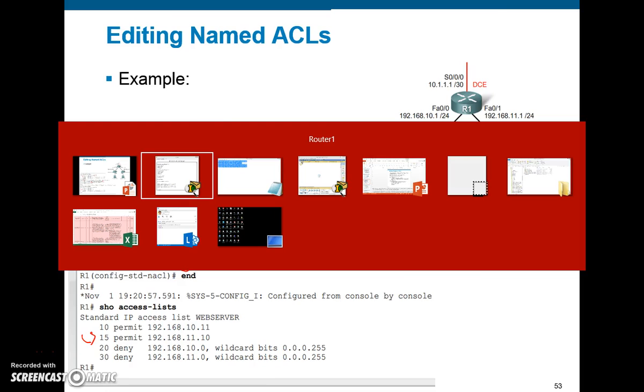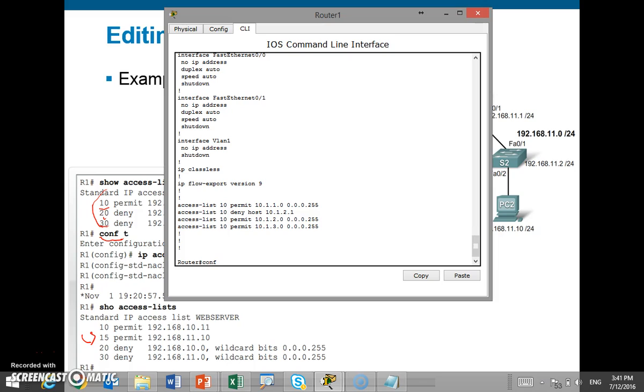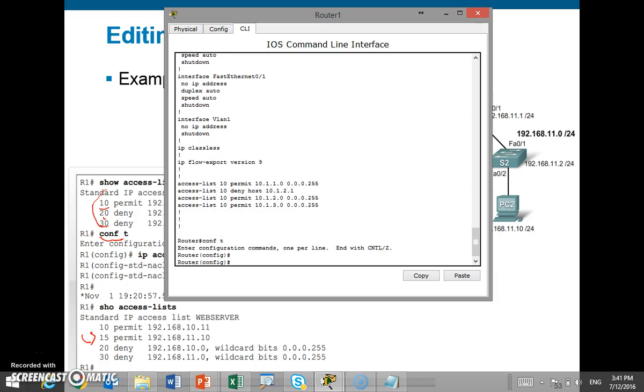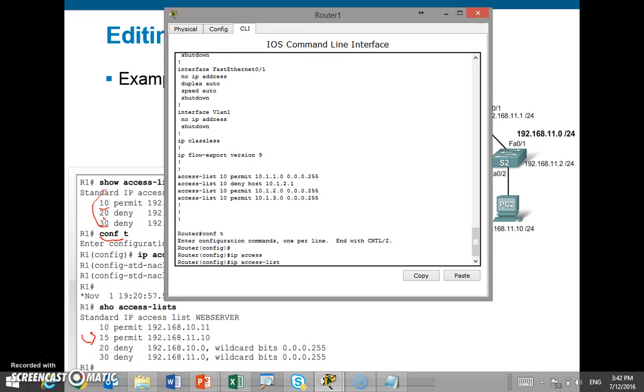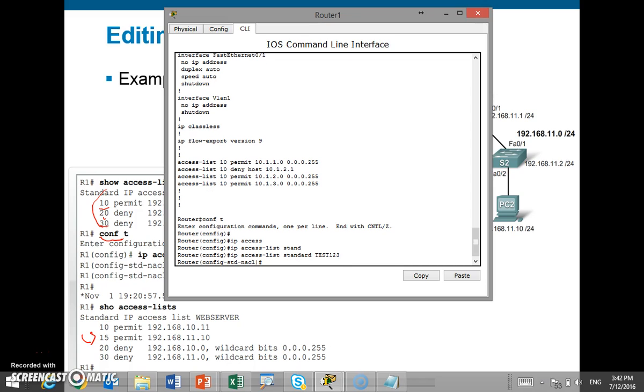Okay, let's give it a try. So I go to config mode again, and then I do a name access control list. So again, remember name access control list, I must type the keyword IP access list. Let's say the name called test. Sorry, I should start with standard, and then test123. That's the name. So the prompt has changed. Then I do a permit